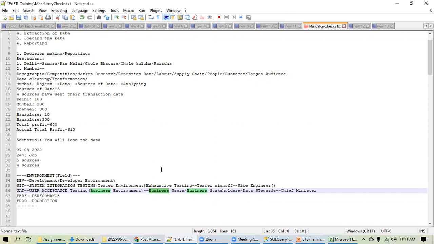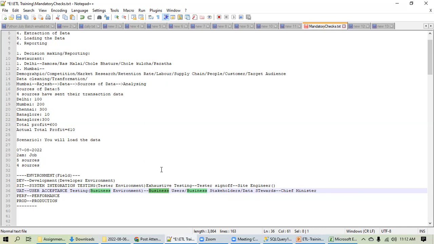Any question, anyone? Clear from my side. Is it clear, or does anyone want me to repeat this? What's the difference between SIT and UAT? So SIT is the tester environment. They will do the exhaustive testing. They will test each and everything, each and every pipeline they have to check, each and every loop they have to check. But in UAT, at a very high level, the business user will come into the picture and they will test your application. Any question on this? Is the difference clear? SIT and UAT, very common interview questions.